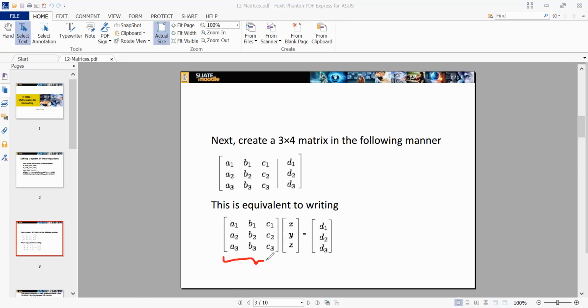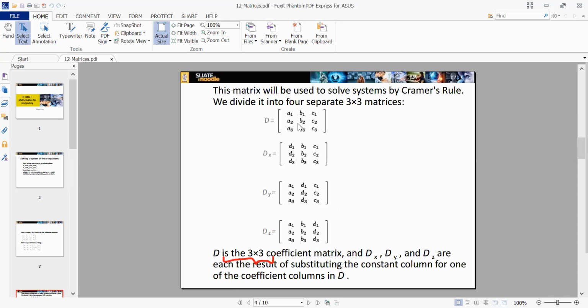Only using this one. Okay, you have to create the upcoming matrix. So look at here, this is the given matrix A1, B1, C1, A2, B2, C2, A3, B3, C3. From this one, you must know how to create 3 extra matrices. If you have a 3 into 3 matrix, then you have to create another 3 extra matrices to find the answer for x and y and z.